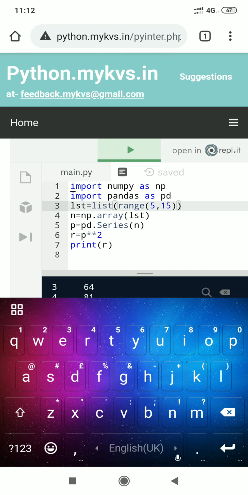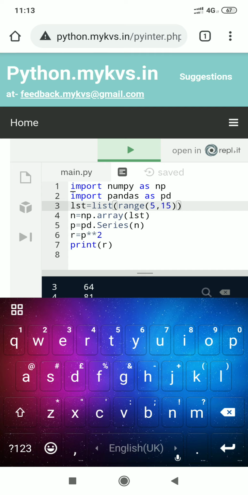Here n is an array. That array is passed into the series method to create the pandas series p, and p is multiplied twice, meaning power of 2 of each element of p, and a new series will be created, that will be r. If we display r, it will display the squares of all the numbers.